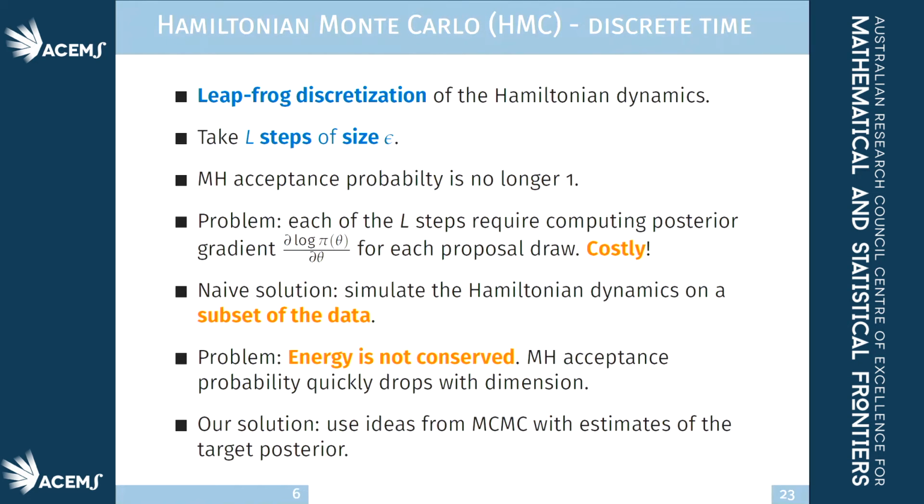In practice, you've got to do the Hamiltonian in discrete time. You've got to use a leapfrog. You take L steps with a size of epsilon. The Metropolis-Hastings acceptance probability is no longer 1. One of the other big problems is that when theta is very large,